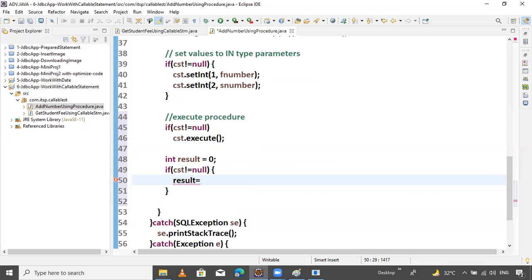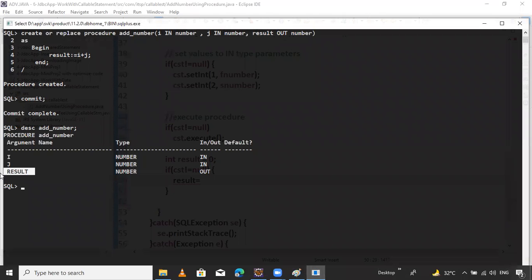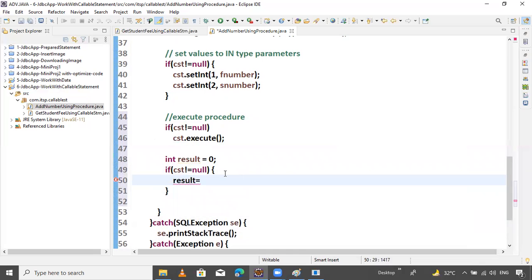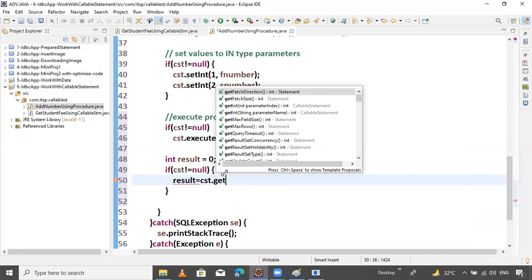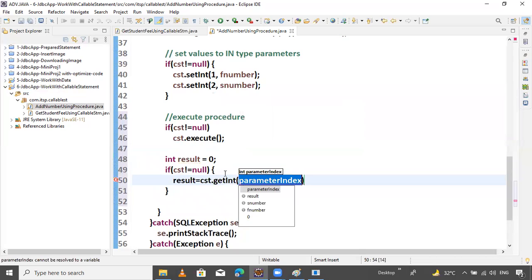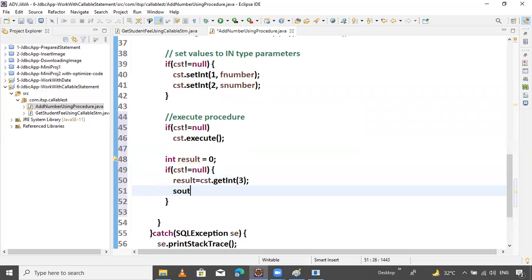So result equals to which parameter, which index? Out is which result? Result is the third index. So here pass the third index. CST dot getInt and pass the third index. That's it. Now semicolon, I want to print System out: addition of two number is, let's check it out, result.